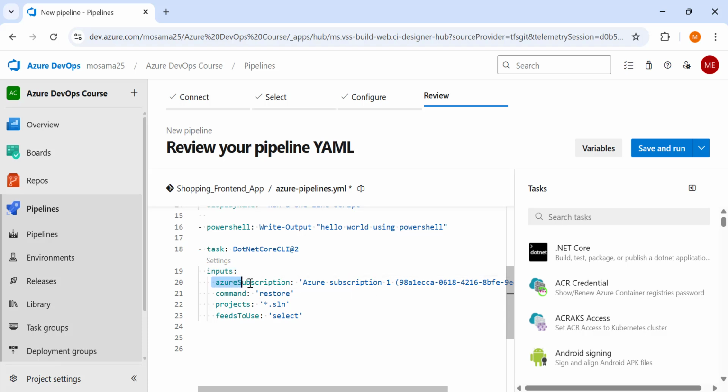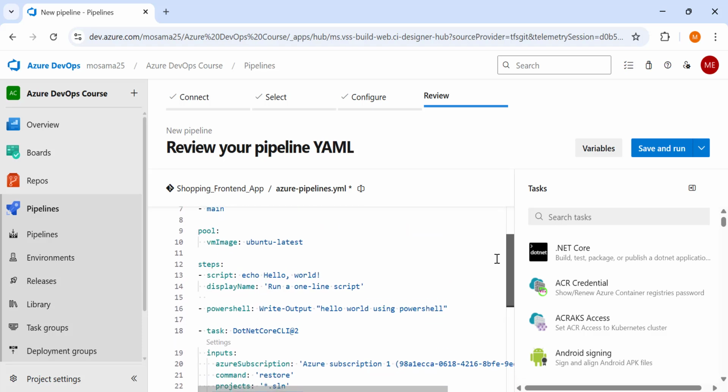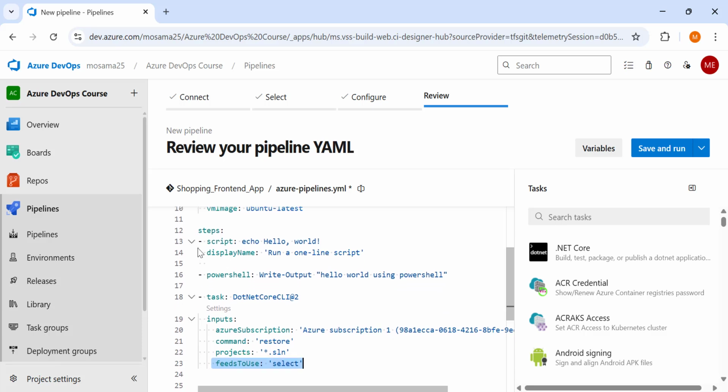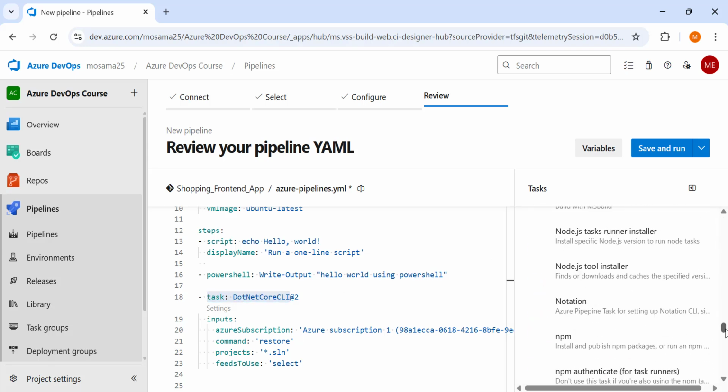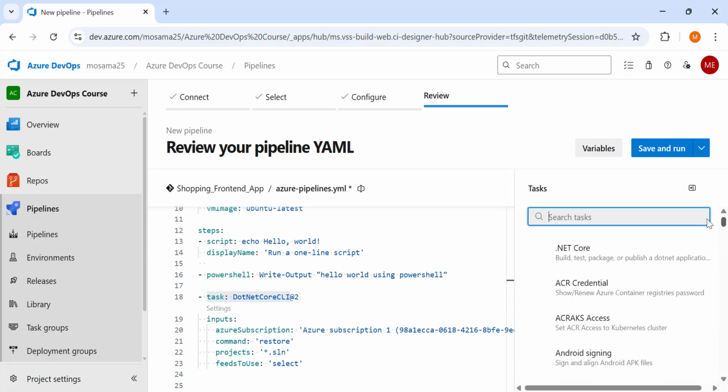It is written in key value pairs, like command restore. So the step can be a script, a PowerShell step, or a task, and we have a variety of tasks that you can search here. Most or all of the tasks that are in the classic pipelines we can use here also. So that's very brilliant from Azure.